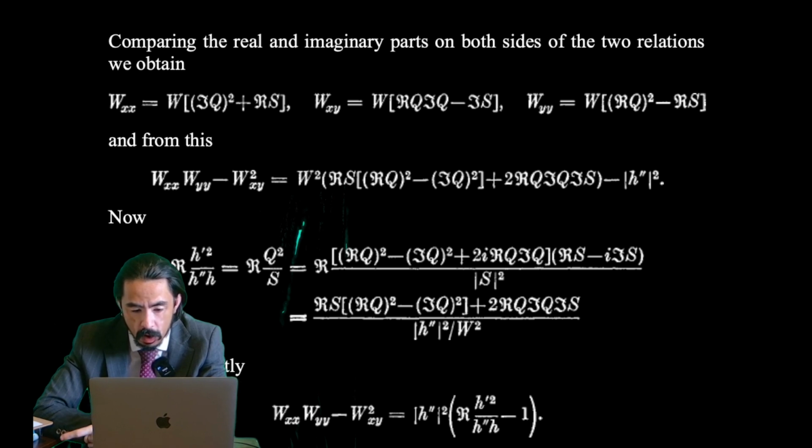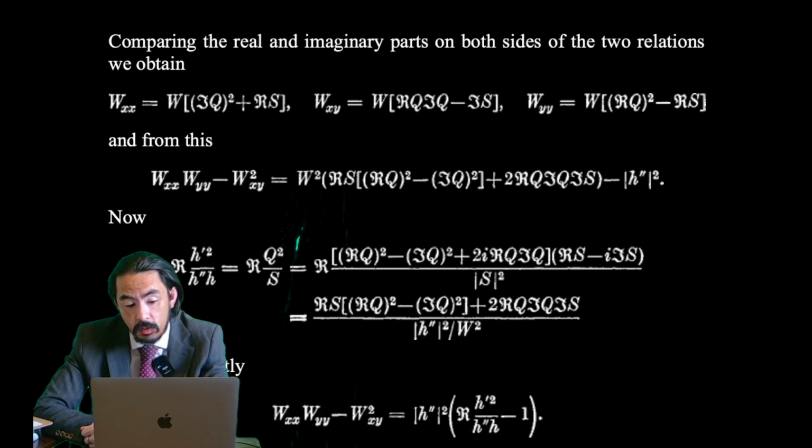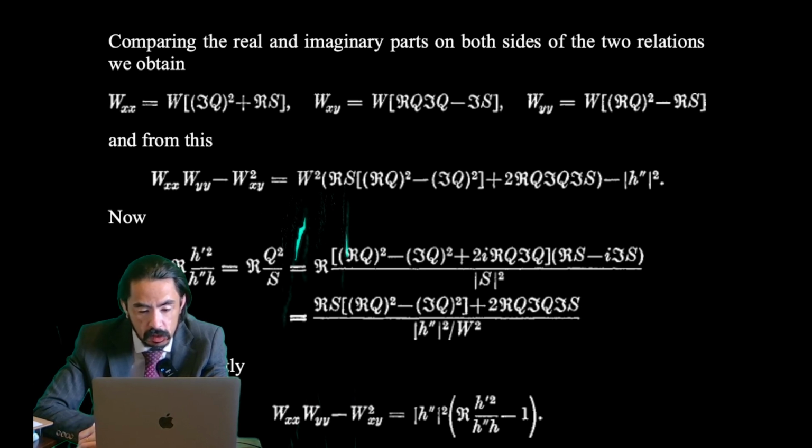so now we're still in an outer quantity where we have plus 2 times the real component of q times the imaginary component of q times the imaginary component of s, and then we close the outer quantity, but we're not done because then it's minus the square of the modulus of h double prime. Now the real component of h prime squared over h double prime times h in the denominator we have equal to the real component of q squared over s, so this is all now equal to the real component of